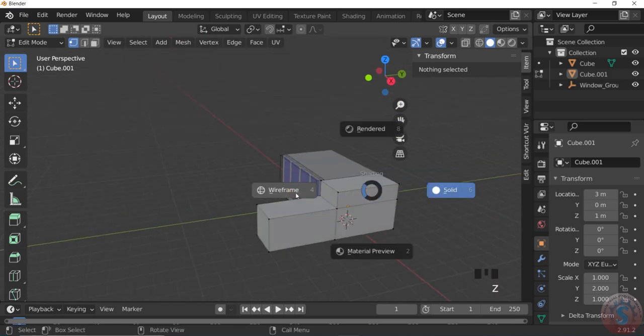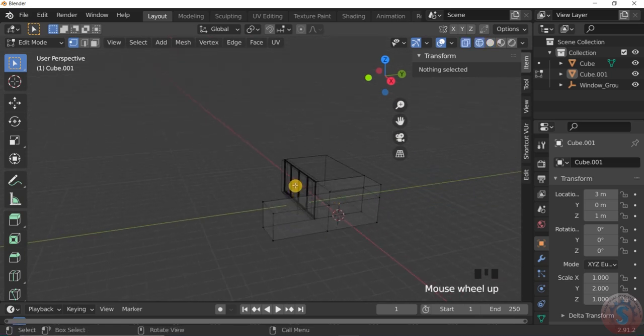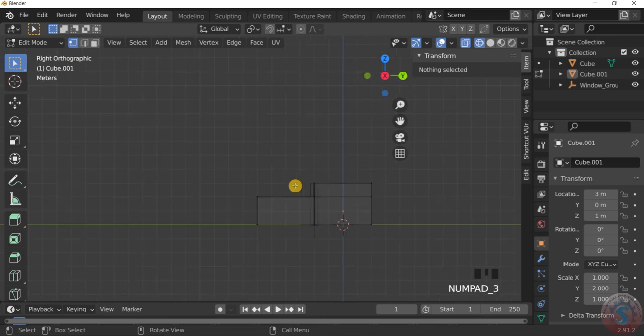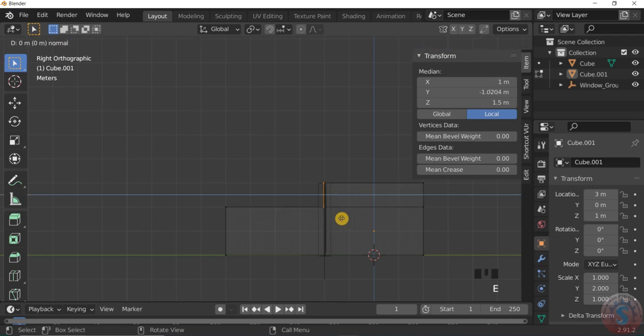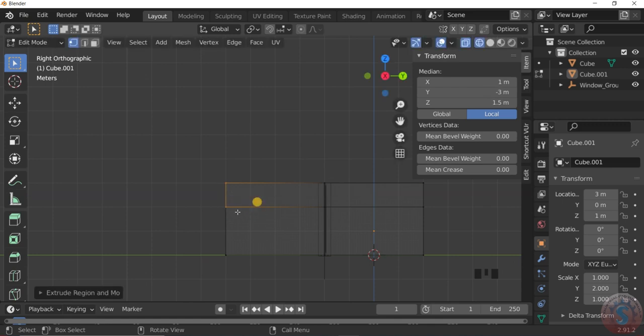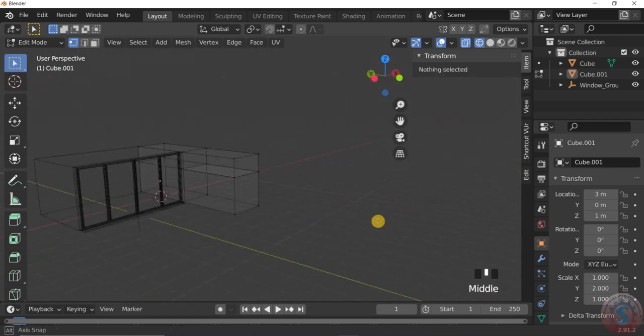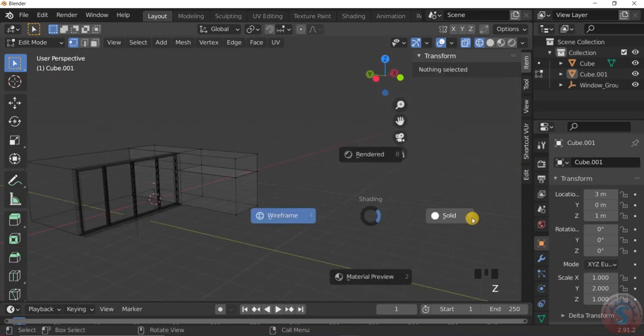And again go into the Z and the 1, 3, select these vertices, and again I am increasing to extrude, for extrude E, and again on the x-axis, y-axis I am increasing to 4. Then go into the Z, go into the solid.